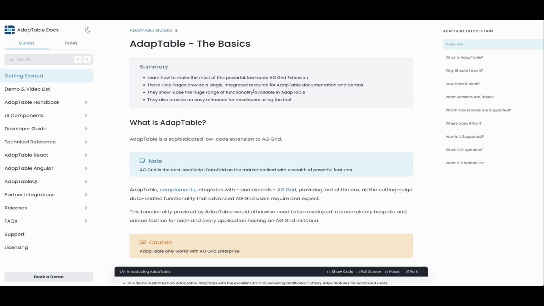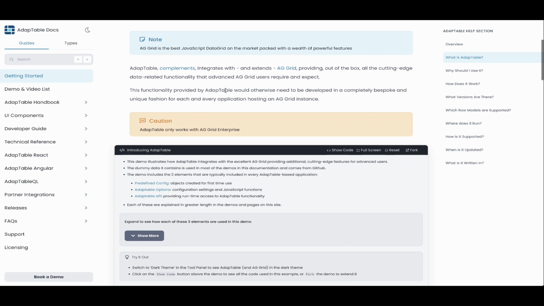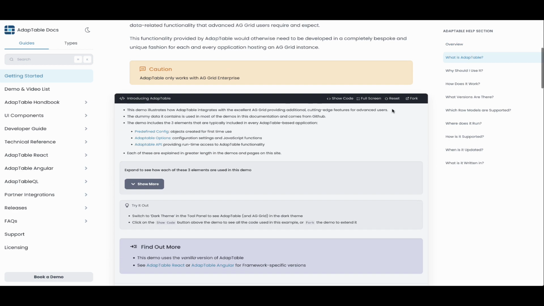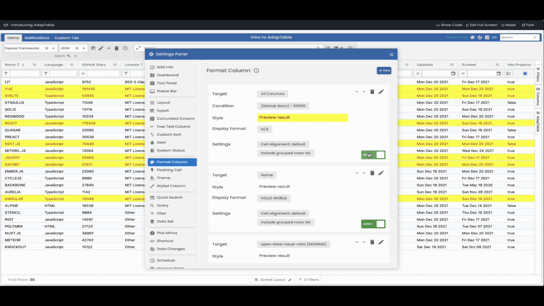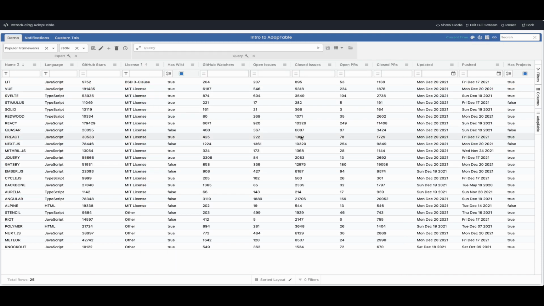So this is our demo site, this is our homepage, and let's go to this first demo. Let's make it full screen. In fact, tell you what we'll do. Let's go into format column and let's just suspend that so that it's a bit easier to see. So the way to do this in AdapTable is actually a two-stage process. First, you need to create this new column, and then once you've done that, you can then render it as